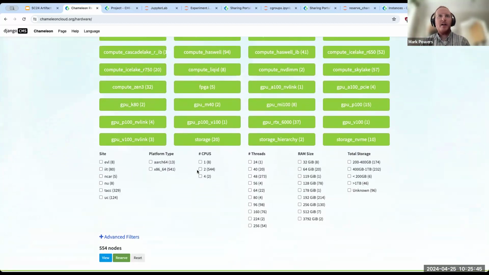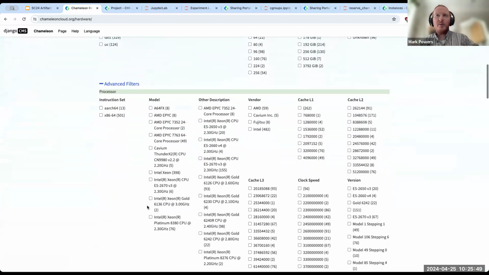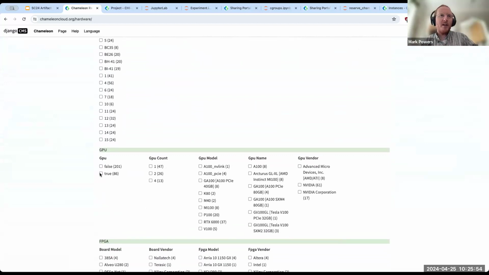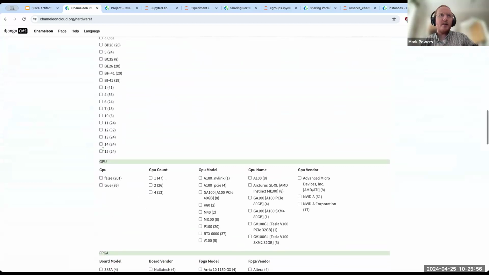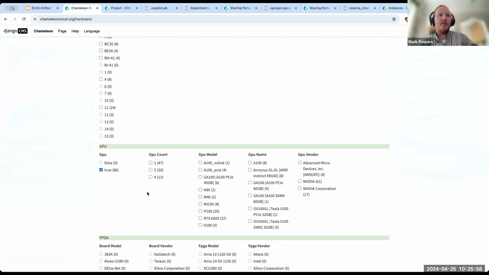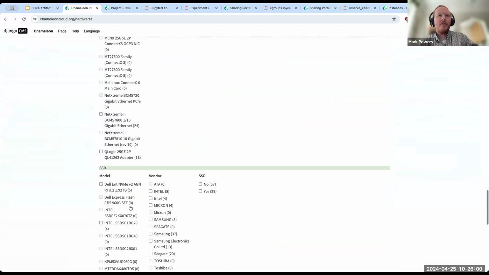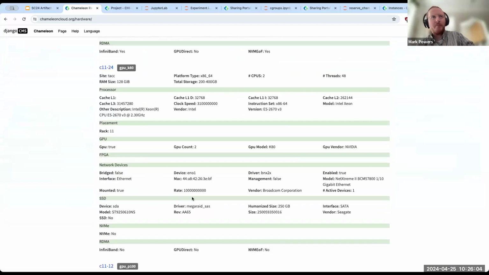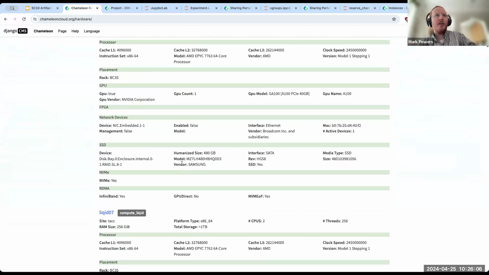I can filter by how many CPUs or threads they have. Let's say I care about GPUs. That's something that's very popular right now. I can click under these advanced filters and say, find me something with a GPU. And that's what I mainly want. So I'll click view. And if I scroll down, I'll see